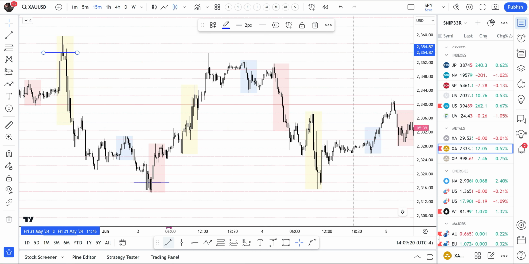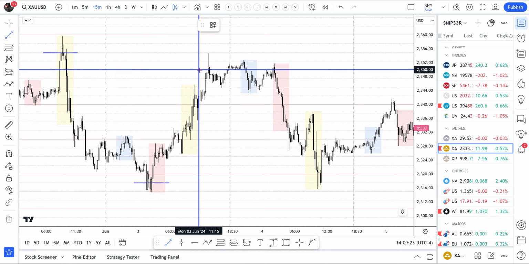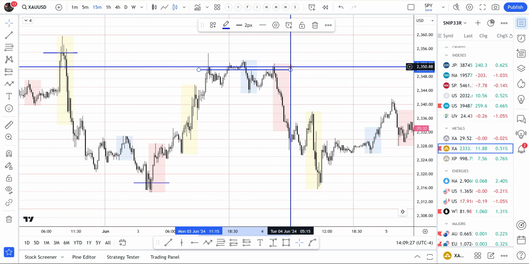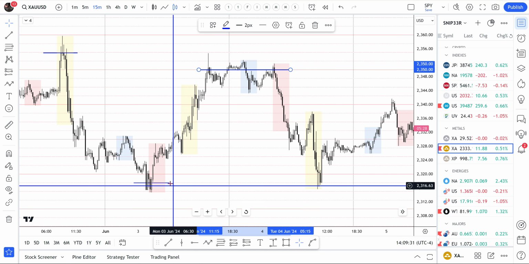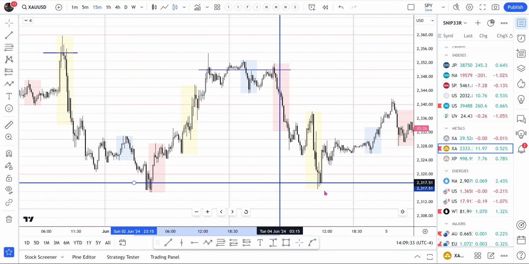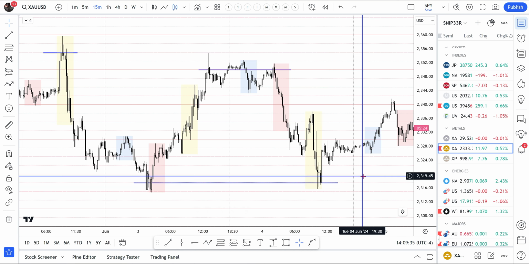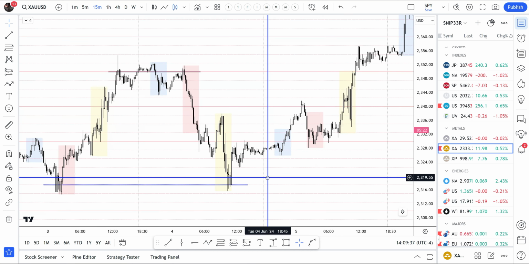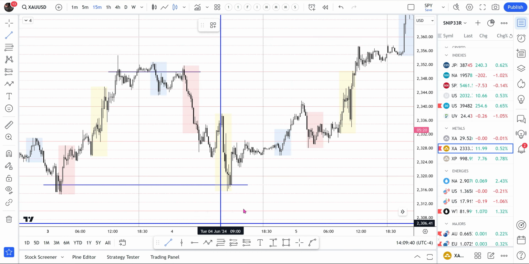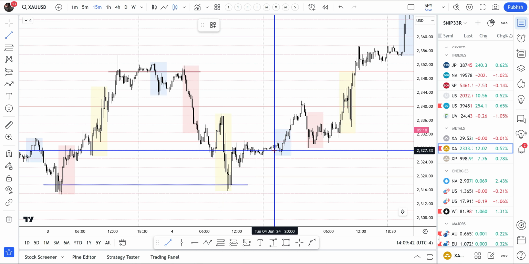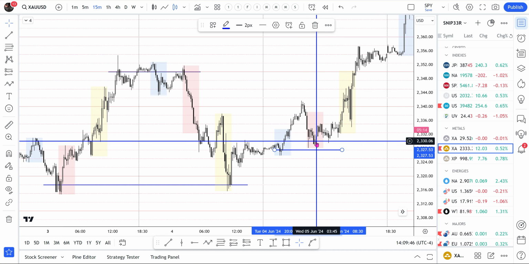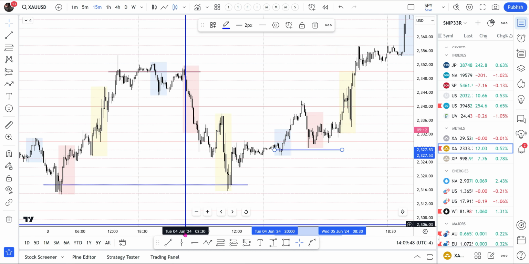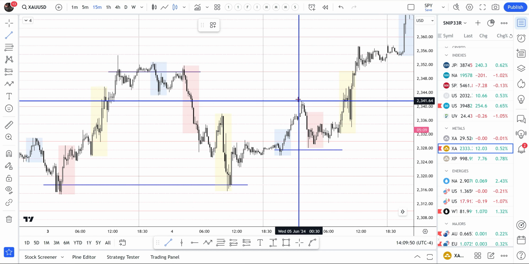This peak formation here locked in double zeros, which I will be looking for a fill at or above double zeros. And as you can see, they've come back into this 50 level and continued the trend back up. We have a peak formation put in place at our quarter level, which they've given us a next best fill price at double zeros for the continuation. And if you waited for the New York session,